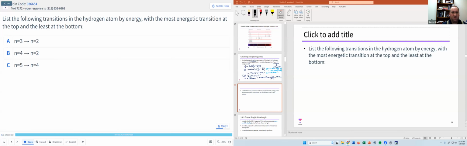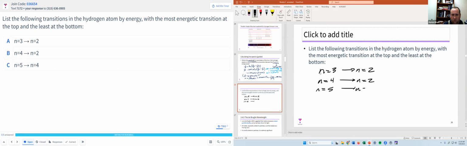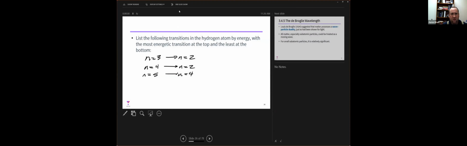So the way to answer that question, the thing that we have to think about and know is, let's put the possibilities here. We've got n equals 3 to n equals 2. We've got n equals 4 to n equals 2. And we've got n equals 5 to n equals 4. So if we're looking at these three possible transitions,